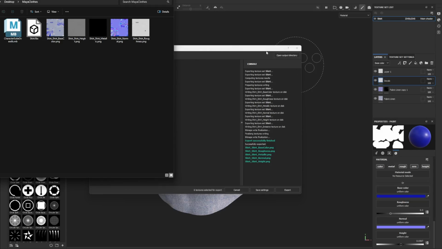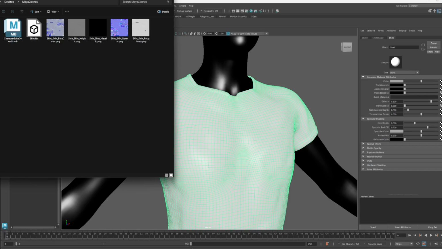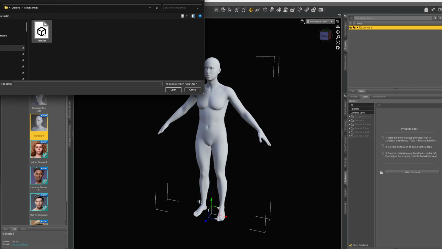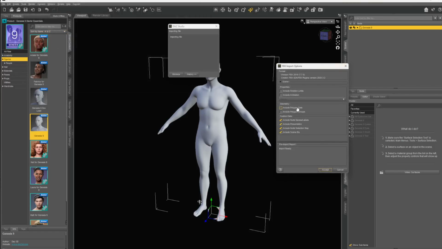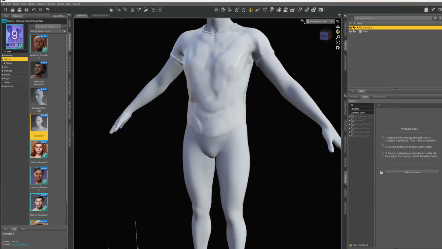Okay, that is beautiful. You can save the scene, do what you want, save settings, save the scene out, do whatever you need. But we've got everything we need now, right? So now we can go to Daz and I can say File, Import, go to where your shirt is saved out as the FBX, and I'm going to import that. Now over here, the only thing I'm going to pick is include animation. There's no animation, it's all good. We're pretty good here. It's fine. Accept. And there we go. It should go directly onto your character.